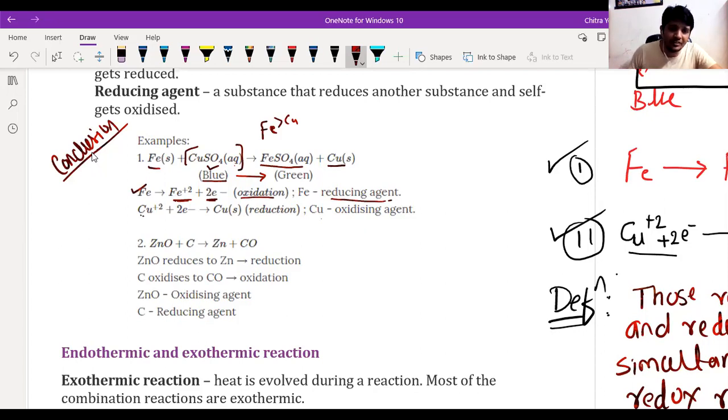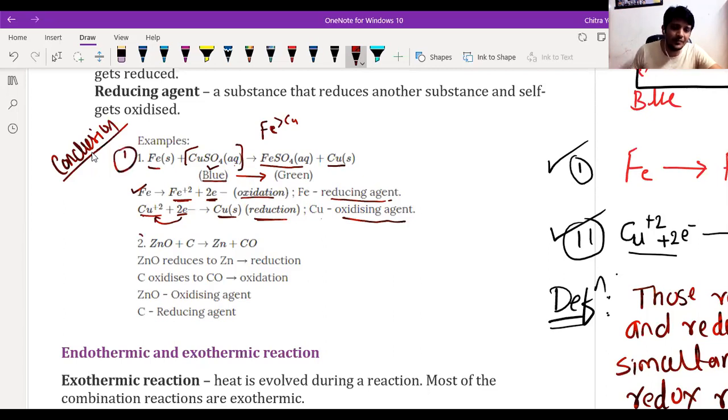Now the second reaction: here copper has two positive charge on the reactant side. It gains 2 electrons to form copper metal, or copper metal gets deposited. So in this reaction, gain of electron takes place, that's why it is a reduction reaction. And those species that undergo reduction cause oxidation of other species, that's why they are called oxidizing agents. We will understand oxidizing and reducing agents separately. This is the first reaction that we have discussed.